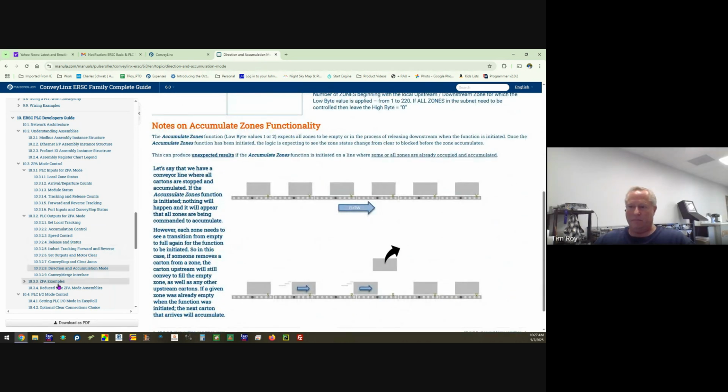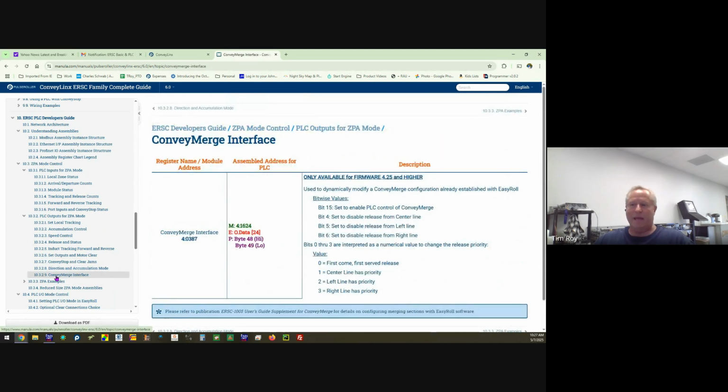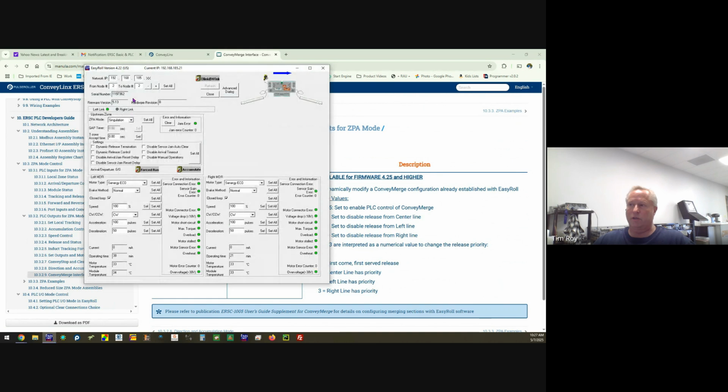And then lastly, convey merge. This was a feature we did not discuss. I believe with the firmware, you must have at least version 427 or newer for this feature. You can control how it works through this register. But with Easy Roll, for example,